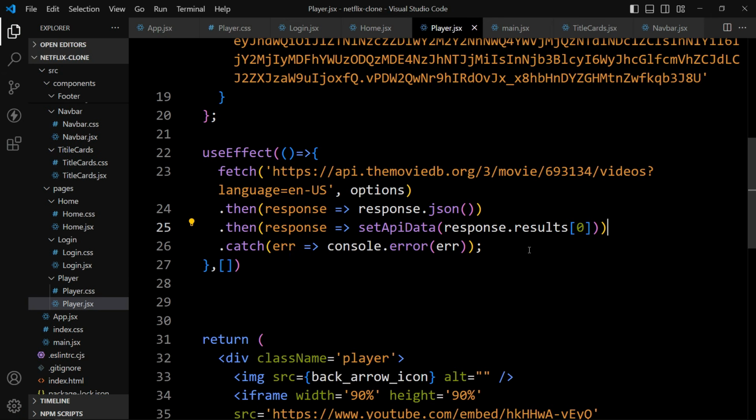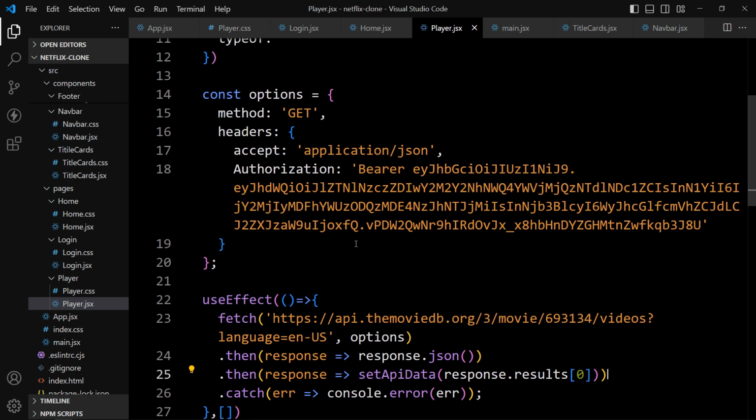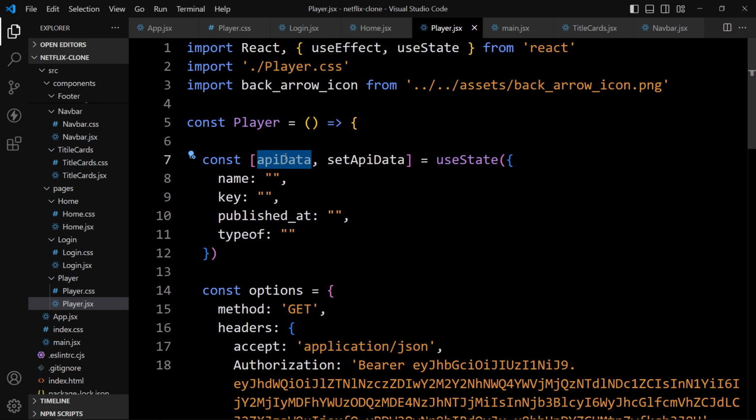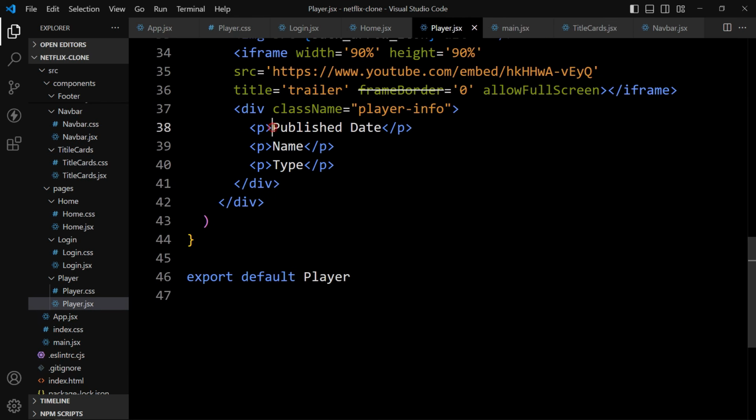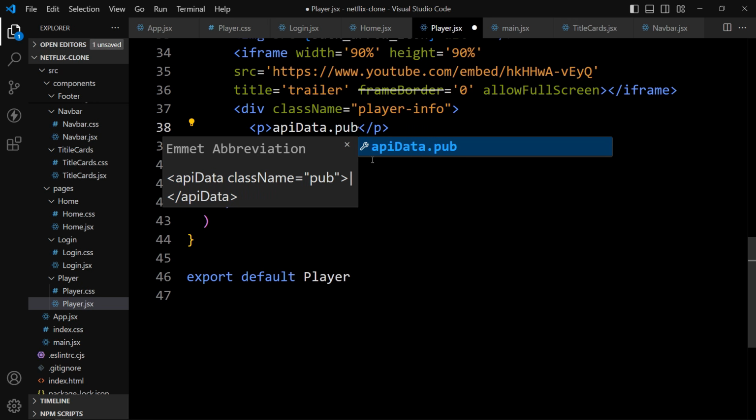That's it. After that we can use this API data to display the movie trailer, their name, type, and published date. So here we are adding published date, name, type. So instead of this let's add apiData.publishedAt.